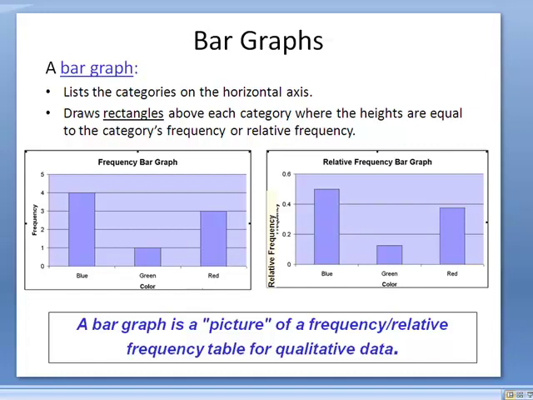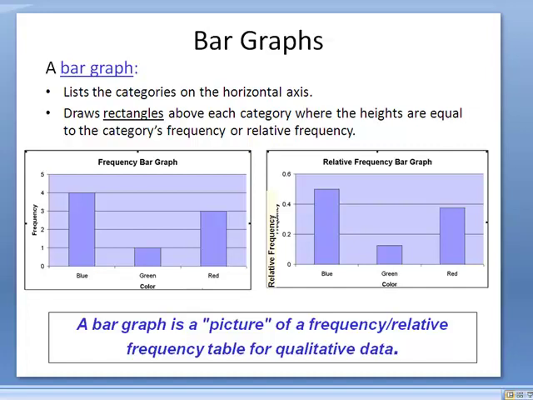Now again, the title there, we generally don't like to use. We would say it's the distribution of the color of shirts on the first day of class, or whatever it was. Better titles, more descriptive titles, but for right now we're using these to let you know that the one on the left is a frequency bar graph and the right one is a relative frequency bar graph. We're going to go into more specifics on how we want you to label these graphs,